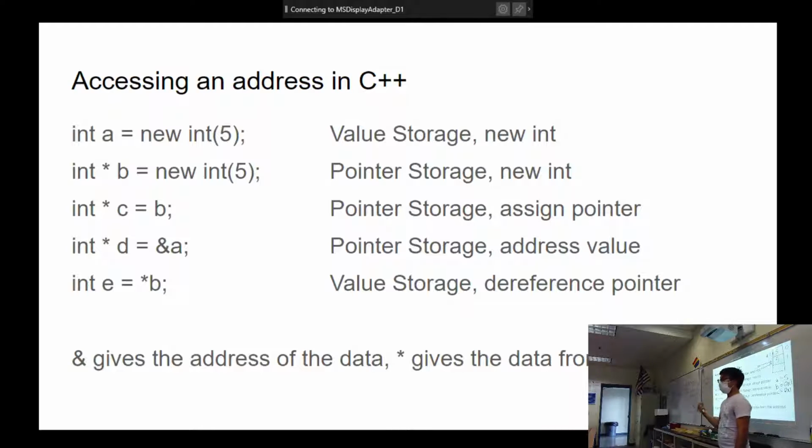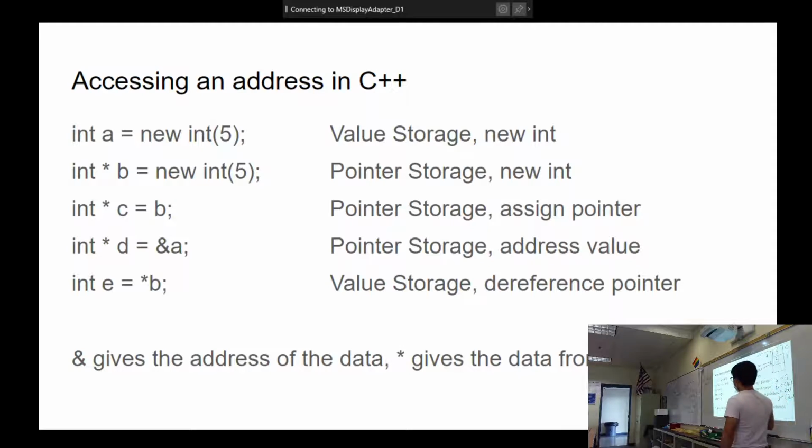Now, I can create another pointer, D, and I can say A. A is not a pointer. What is A? Just an integer. So we can use this ampersand to say, hey, go get the address of your data itself. So it gets the address of what A is. So D would say, hey, I'm also a pointer, but I'm pointing to where A is. What would be the value of D? 0x0. 0 hex 0. Exactly. Just like you said.